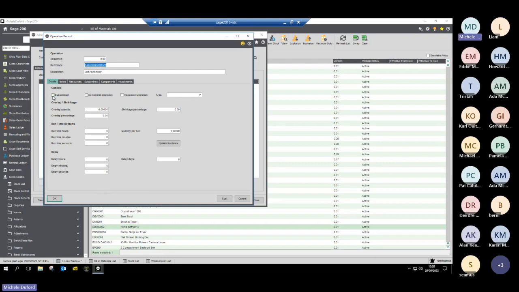I can produce the purchase order to the subcontractor as part of my works order to produce the finished item and fully account for that in terms of cost. I can also say that the operation is an inspection operation. So if it is something that we undertake internally, we can present the solution with a number of questions that